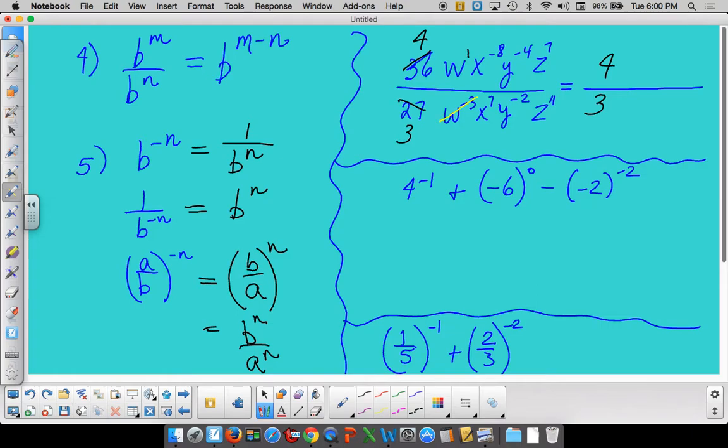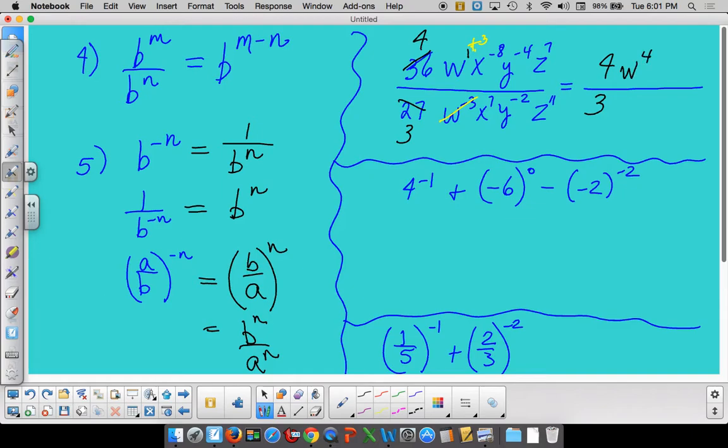When you bring it to the top, it becomes a plus 3. And you're going to add it to the one that's already up there. So when I have 1 plus 3, I would actually end up with w to the 4th power